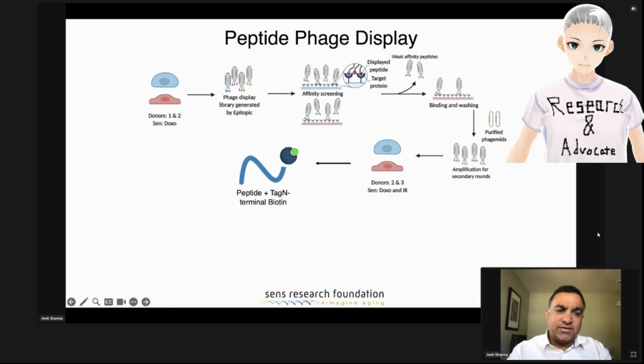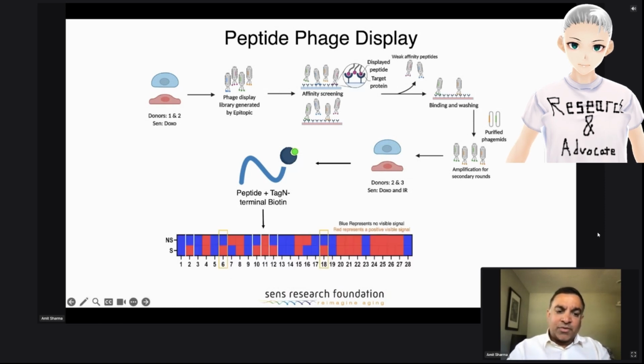And we induced senescence in endothelial cells derived from two different donors, treated them with doxorubicin, and then we incubated them with these bacteriophages. And we performed an affinity screen and removed all of the lightly bound proteins. And after doing a couple of cycles of such enrichment, we were able to identify some motifs that were enriched. We synthesized those peptide sequences, tagged them with a fluorophore, and then we repeated our screen, and we found several